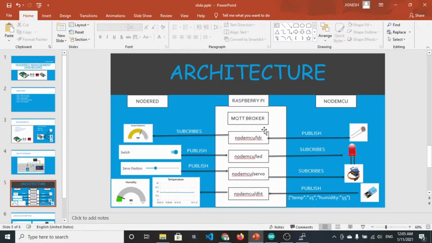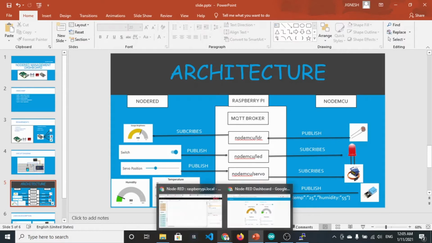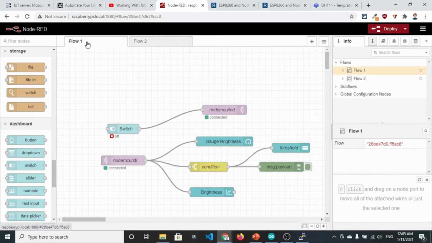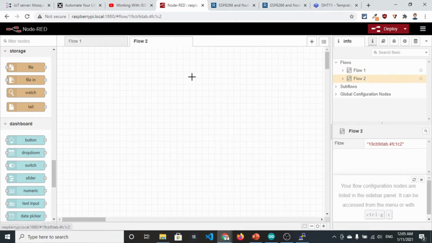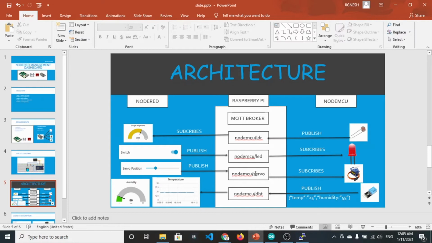So now let's discuss the architecture of this project, and we will be creating the Node-RED dashboard in parallel. We have already created this flow, but for your better understanding, I will be creating this flow along with this architecture. On the Raspberry Pi our MQTT broker is running, and what we are doing here is, from one client we are sending data, and from another client we are subscribing to the same topic and getting that data.